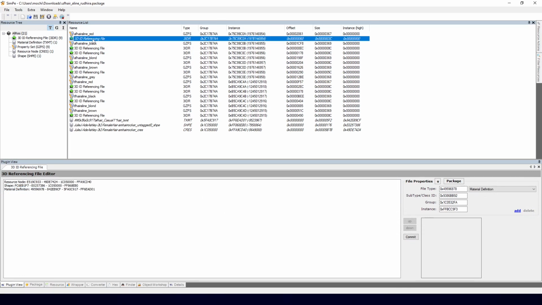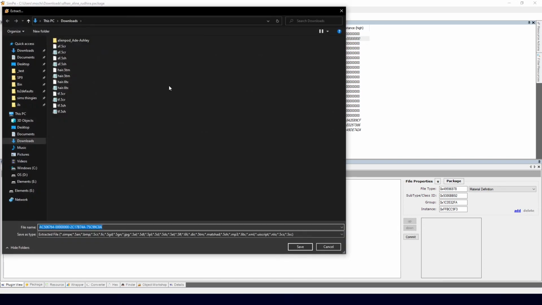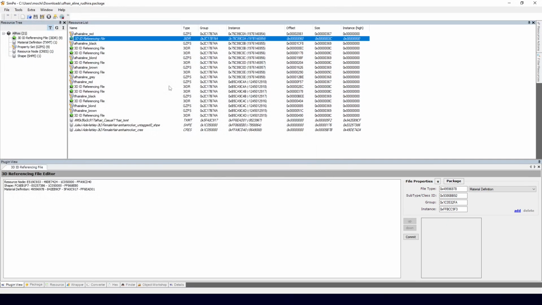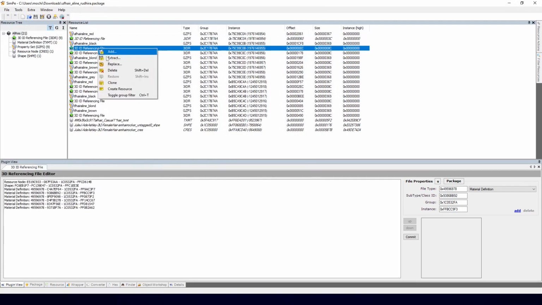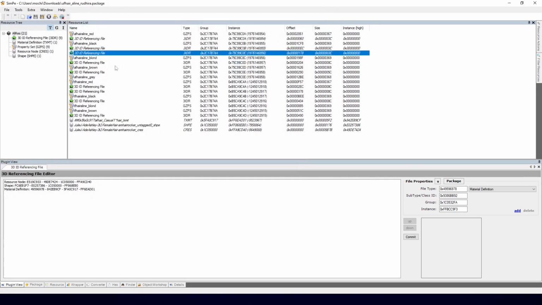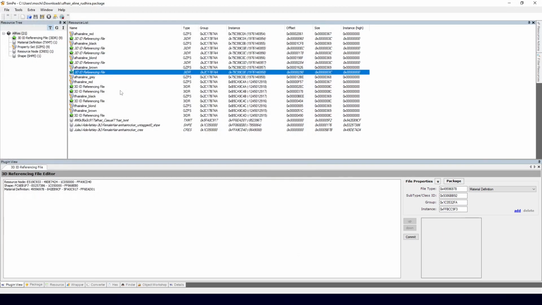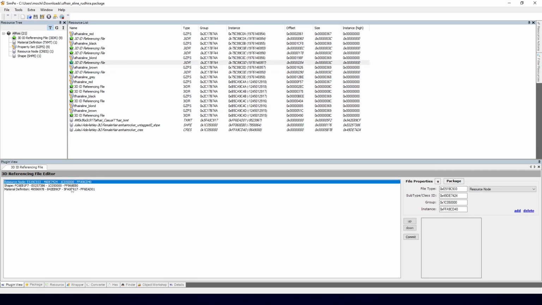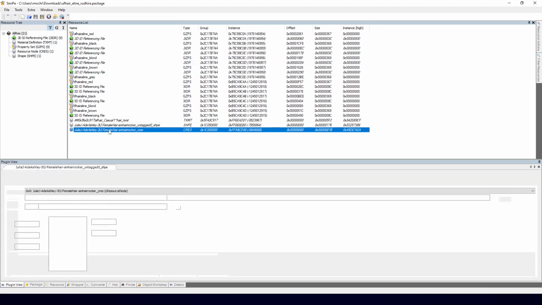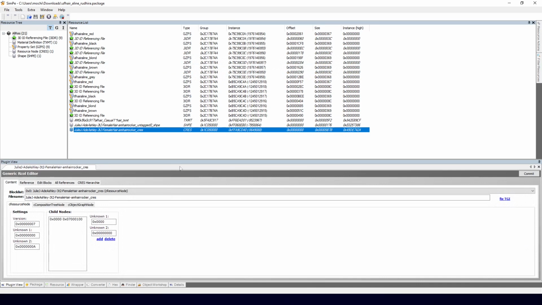I don't like doing that. So what I'll do here instead is I will right-click, extract, name it AF, and then I will right-click, replace, and just replace all of these. Now I can only do this for the adult files, because these are linked to the adult mesh, and I cannot use that for the teen files. So you need to kind of split them up like this, but it's still faster than doing them all by